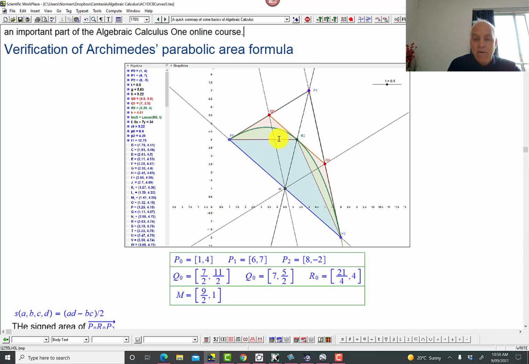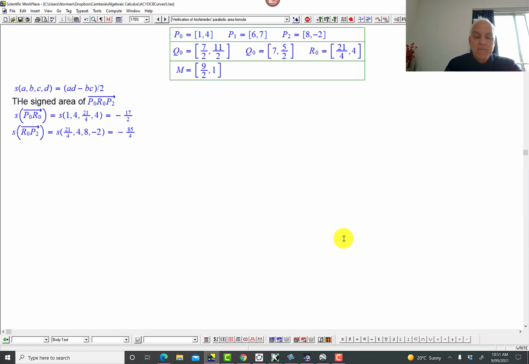We're getting this entire area formed from this path, starting from 0, going up to P0, then along the curve to P2, and then back here. That's not exactly what we want. It's very close. We're interested in this parabolic arc. So we have to adjust by the fact that we've included this oriented triangle down here from the origin to P0 to P2. Included here is the signed area of the oriented edge P0 to P2. So what we want to do is subtract that.